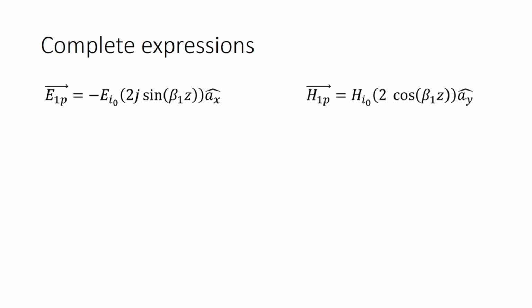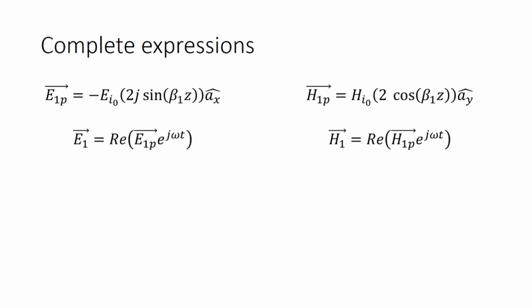And the phasor of magnetic field intensity is equal to h I naught 2 cos beta 1z ay cap. So the magnetic field intensity can be obtained as the real part of h1p bar exponential of j omega t, and the electric field intensity can be obtained as the real part of e1p bar times exponential of j omega t,